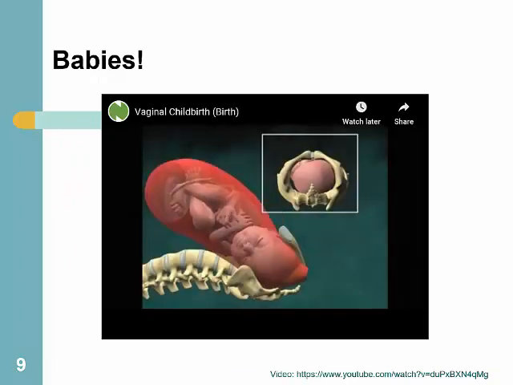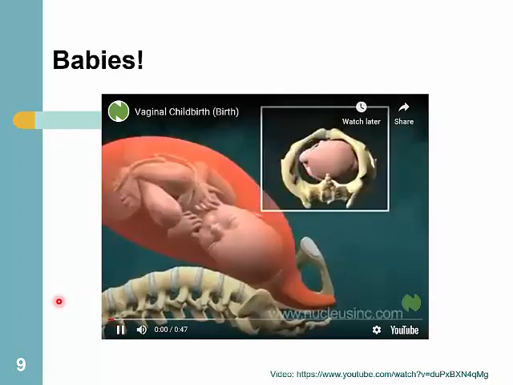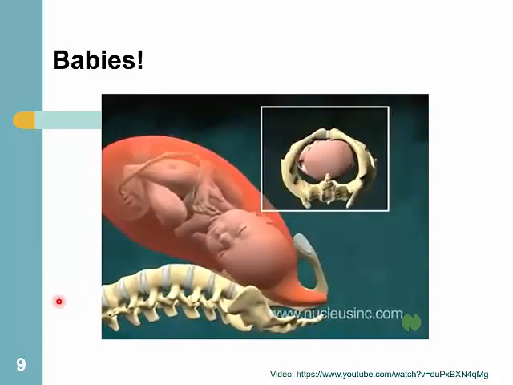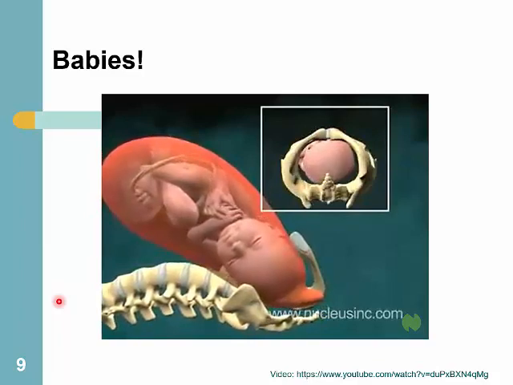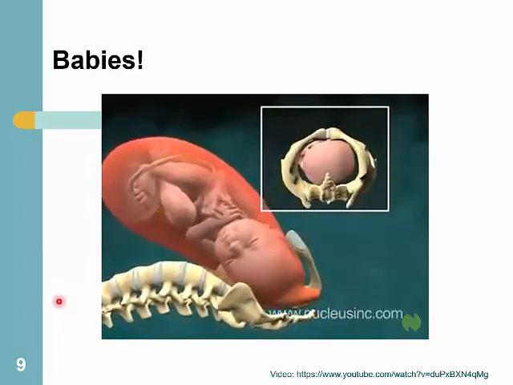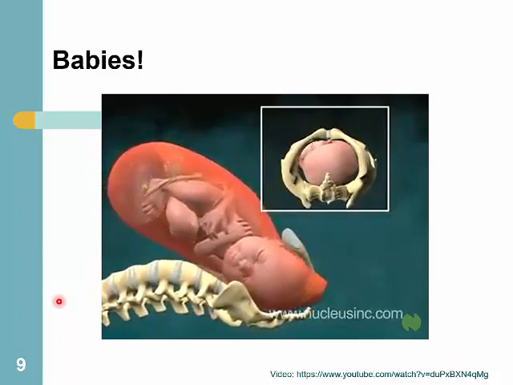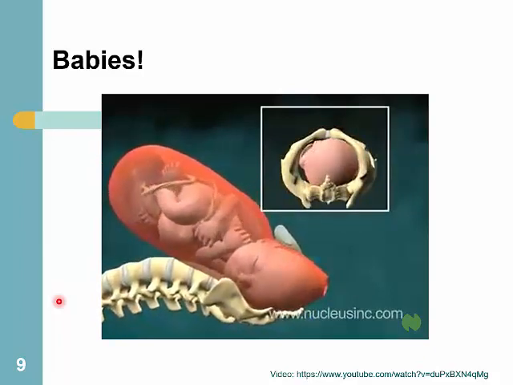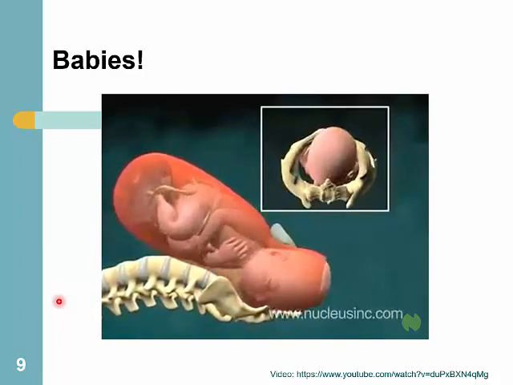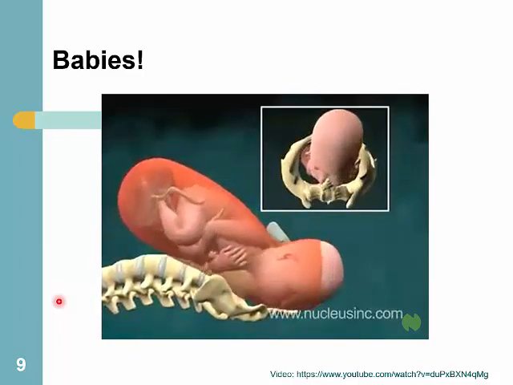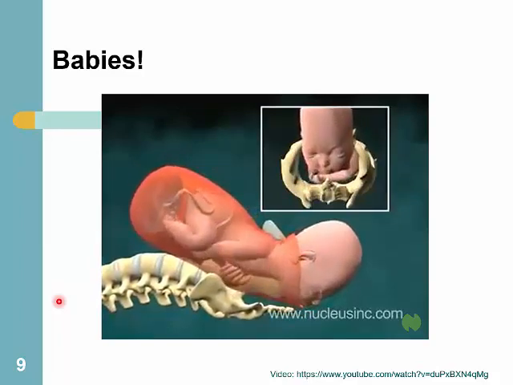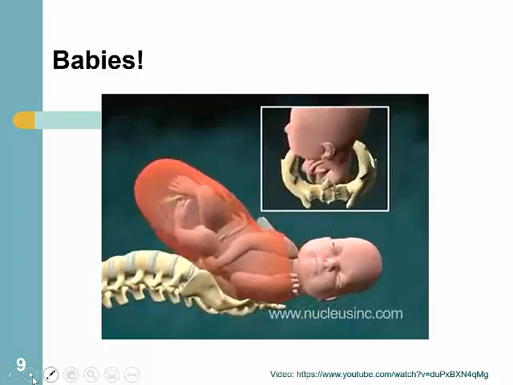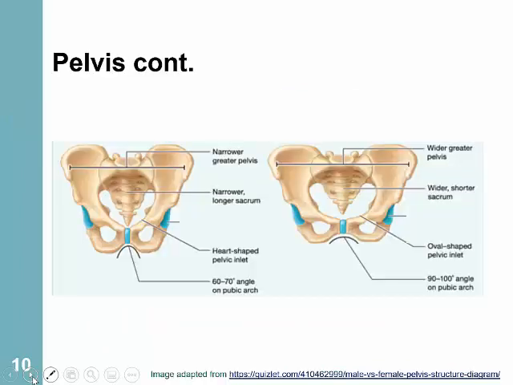The female pelvis needs to have enough room for the babies to emerge, right? And you can see in this video here how the head has to come through the pelvis. You'll even see in just a moment in the upper right view that the head will actually push down on the tailbone or the coccyx a little bit. So there's some flexibility in the coccyx of the female that we don't generally see in the male. So again, you can see that is why the female pelvis is different than the male's in terms of the